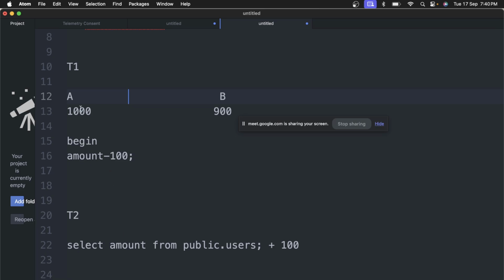So what will happen if there was 100 rupees? I subtracted 100 rupees from A's account, updated A's account. Now, if read uncommitted is allowed, read uncommitted means that another transaction can also read from the buffer. If T2 also reads from the buffer at this particular time,